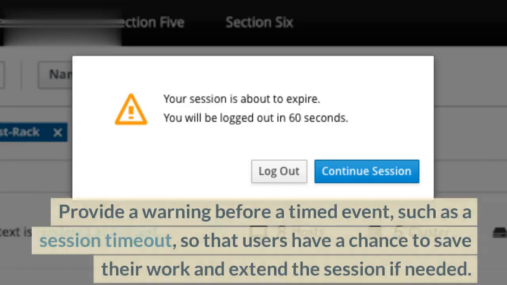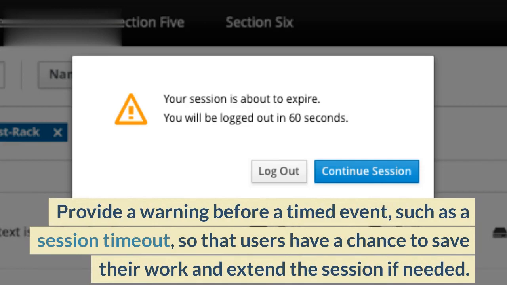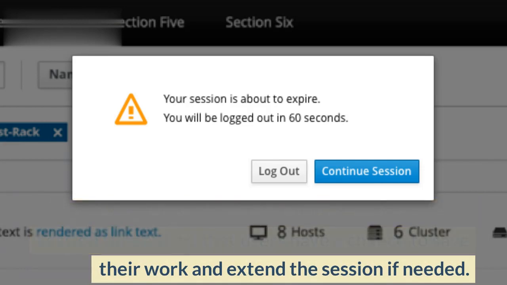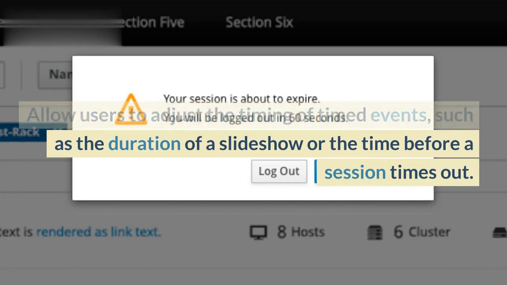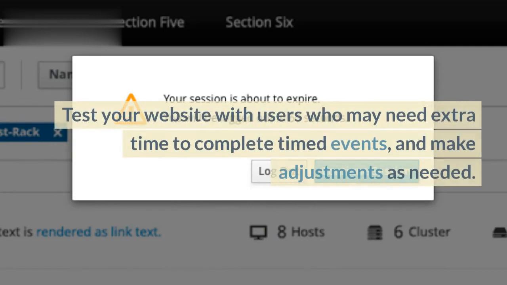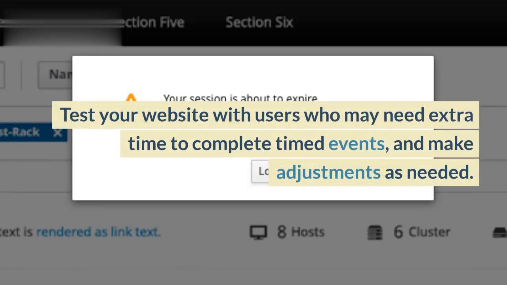altogether. Provide a warning before a timed event, such as a session timeout, so that users have a chance to save their work and extend the session if needed. Allow users to adjust the timing of timed events, such as the duration of a slideshow or the time before a session times out. Test your website with users who may need extra time to complete timed events, and make